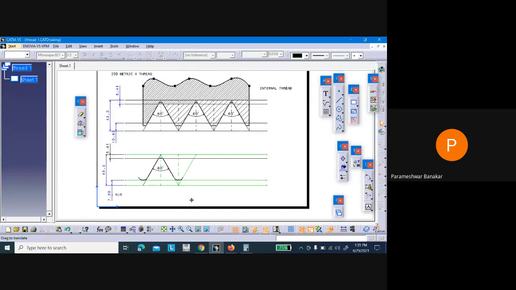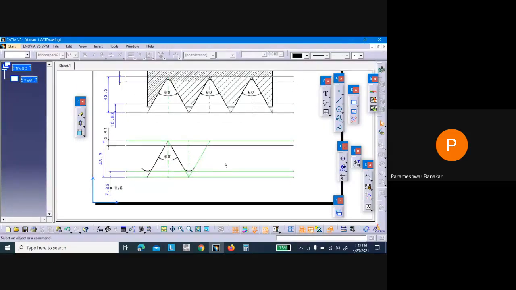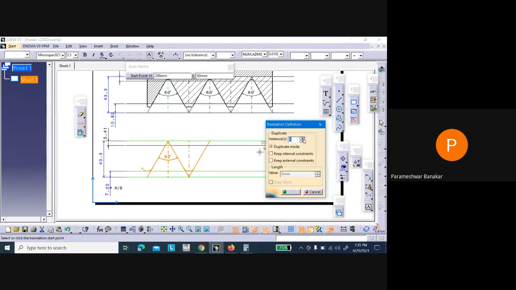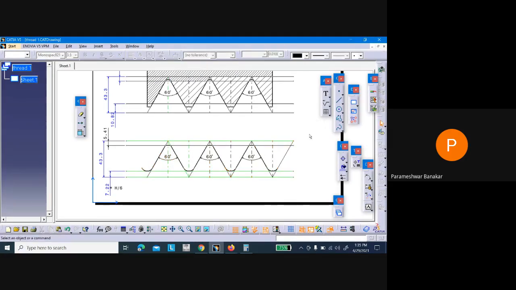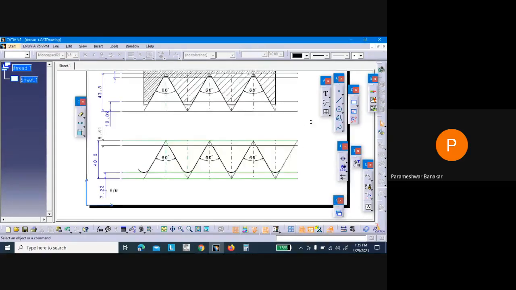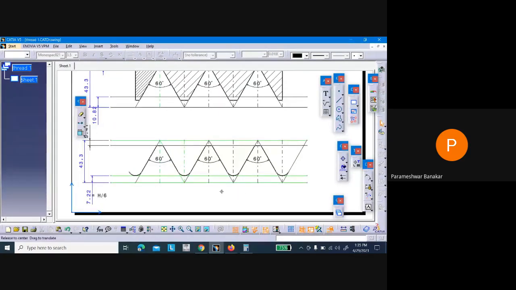Now we will move this here so that we get a couple more threads. Select, go to translate, number of copies, one is there, we'll make it 2, and from here we will take, leave it here. Now you can see the external thread is ready.